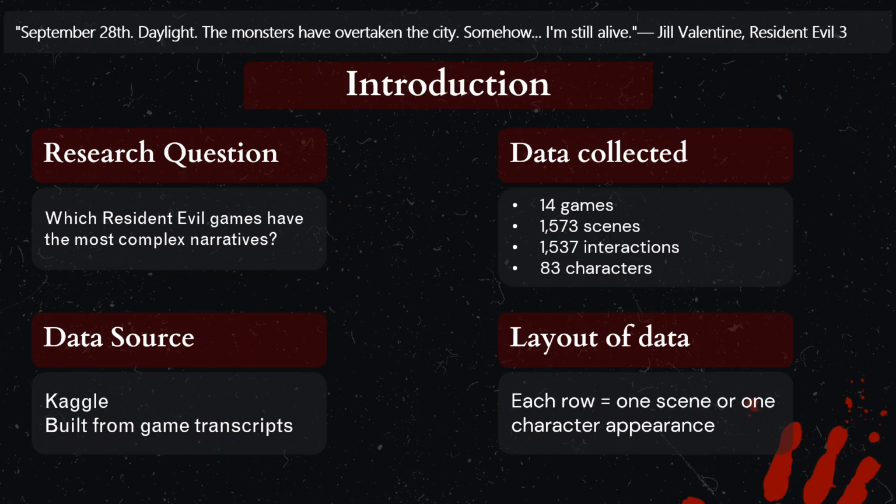next steps. So I've been a Resident Evil fan for a long time, and when I found the dataset on Kaggle, I was really excited to utilize it for the project. For me, Resident Evil kind of started with the movies and then later the games. But my research question is which Resident Evil games have the most complex narratives based on the number of